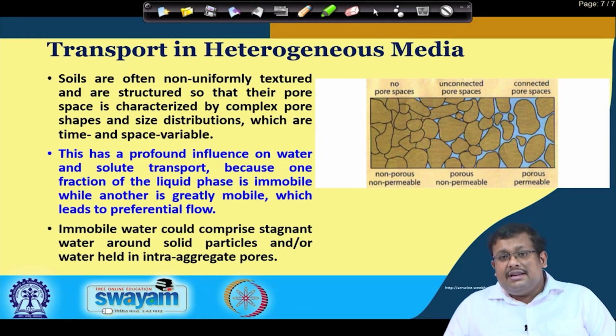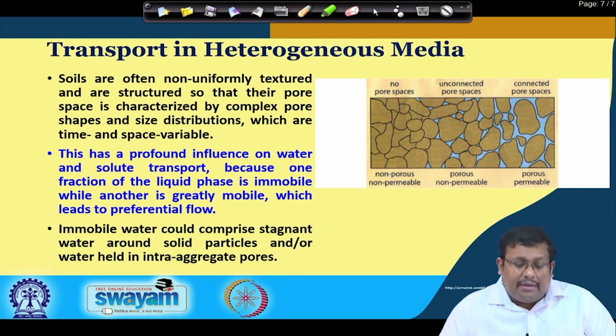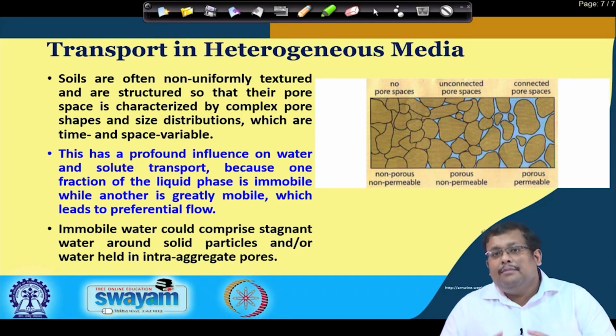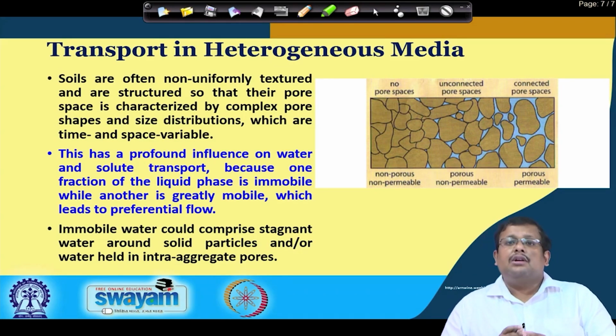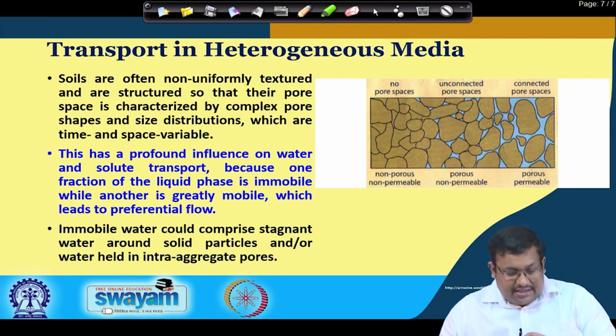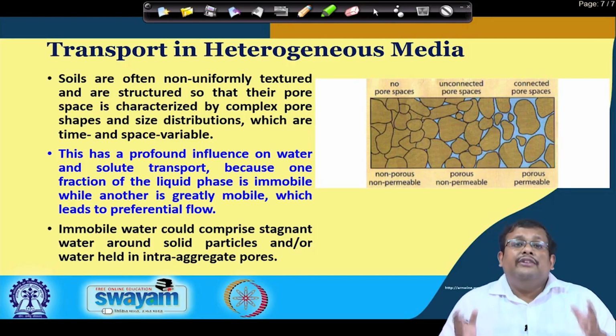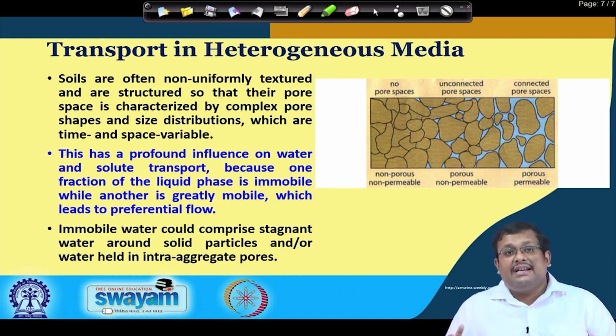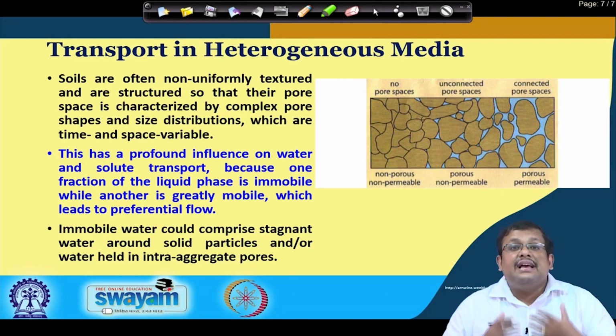Now, let us talk about the next important topic, that is transport in heterogeneous media. Now, you know that soil is a very complex heterogeneous mixture. It has both micropores and macropores, and these pores are also interrelated. So, it is basically a very complex network of pores and also the solid and liquid phases. Soils are often non-uniformly textured and structured. Their pore space is characterized by complex pore shape, size and distribution, which are time and space variable